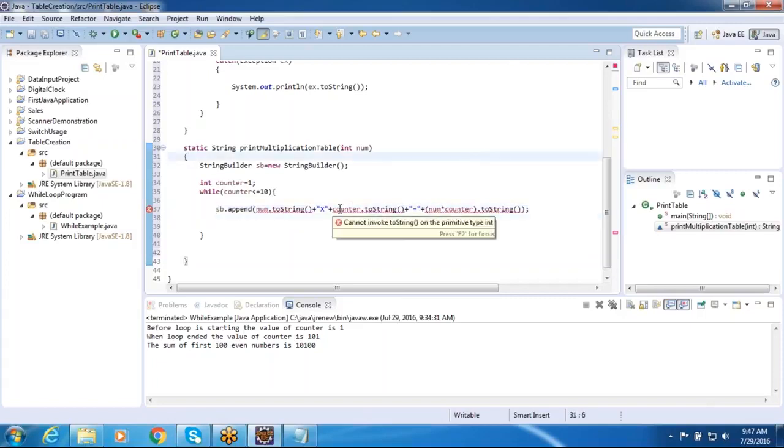Where is the problem we get? Counter we have here. Let's find here Integer i equal to new Integer num. Otherwise Integer i equal to num. It is called boxing. A primitive value is converted to Integer. Therefore if I put i.toString,